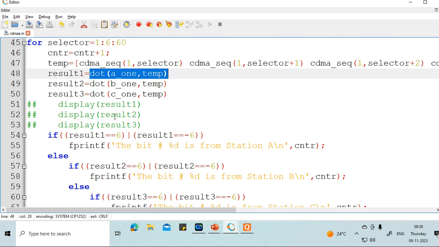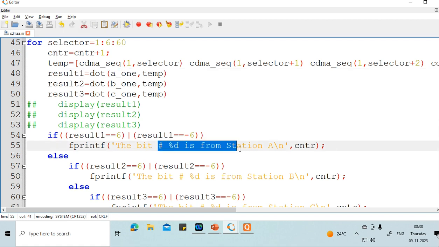If the dot product between temp and A1 is either 6 or -6, then my bit is coming from station A. If it is 6, it implies that the data is 1, else data is 0. It's very simple. If result is equal to 6, then data is 1. If result is equal to -6, then data is 0. But from where is the data coming? The first bit is coming from station A, and the bit depends on either 6